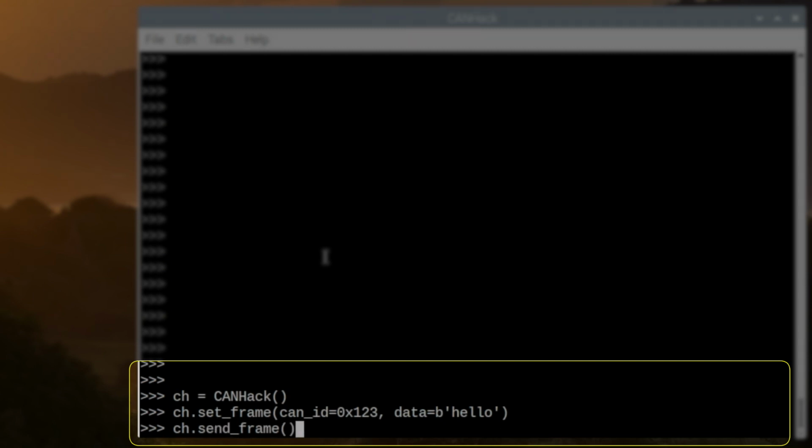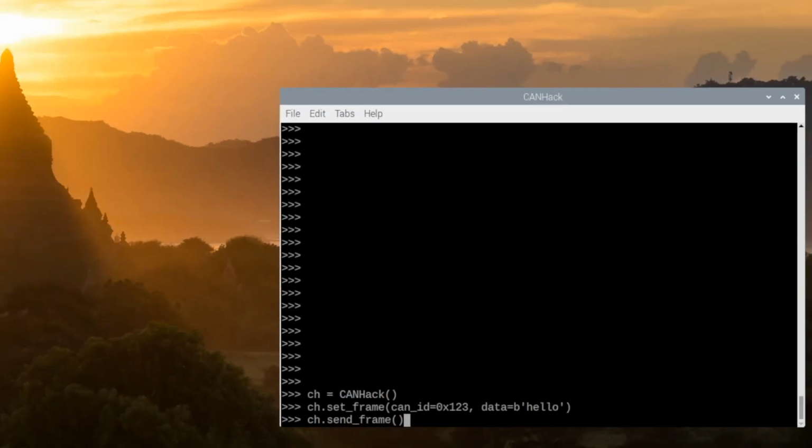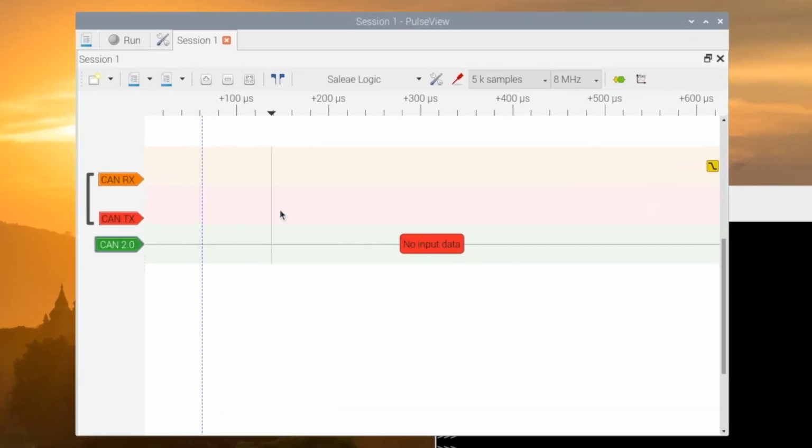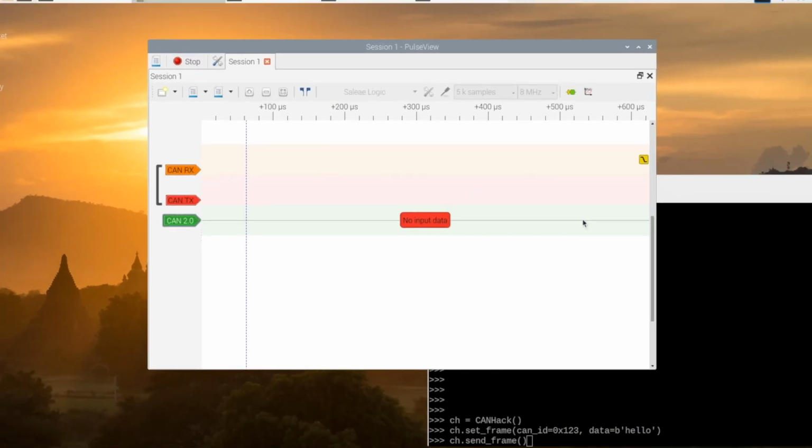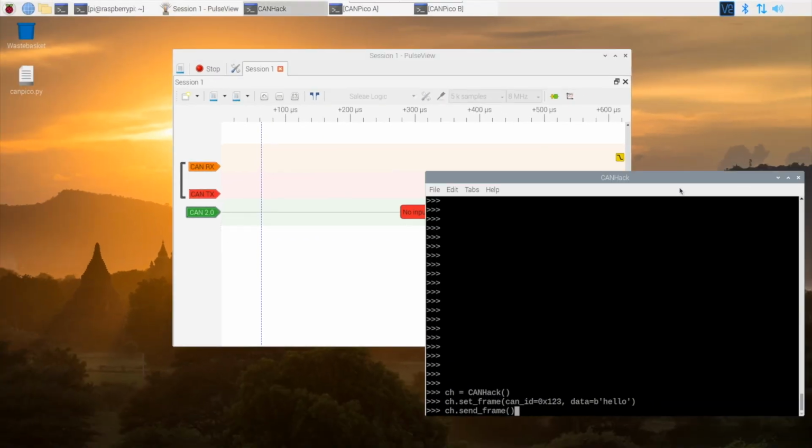But we need to be able to see it. So what we'll do is we'll open up a logic analyzer, and this is the PulseView logic analyzer from the Sigrok project, and it's got the CAN RX and TX lines defined and a falling edge trigger for the CAN RX line. And it's running the CAN2 protocol decoder that will show us details of the CAN frame that it sees. So if we arm the trigger, we send the frame,